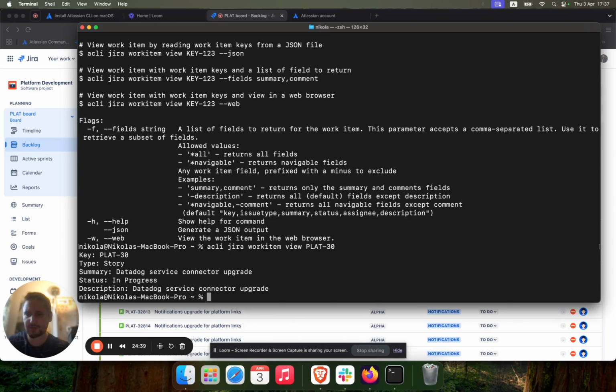And it's pretty straightforward and an easy one, where it says what is the key, what is the type of it, what is the summary, what is the status, and what is the description. Okay, we're going to be making more of these